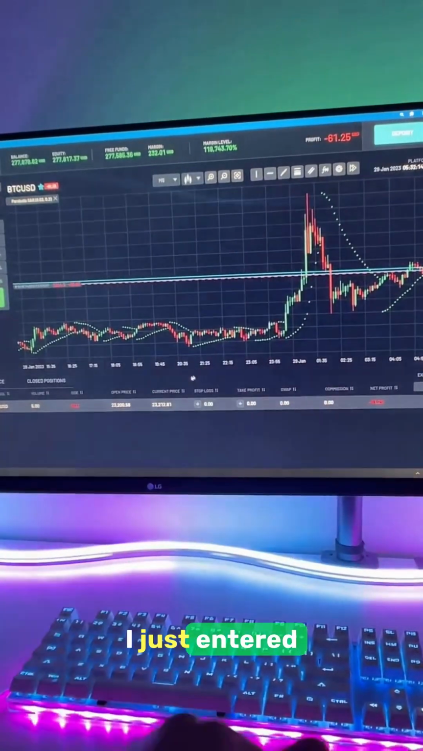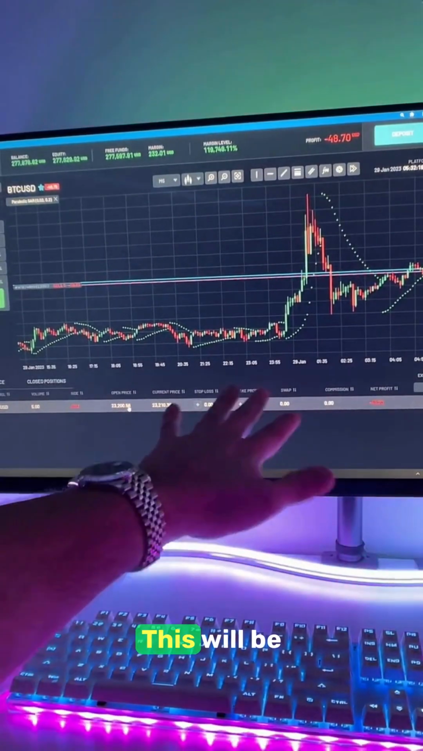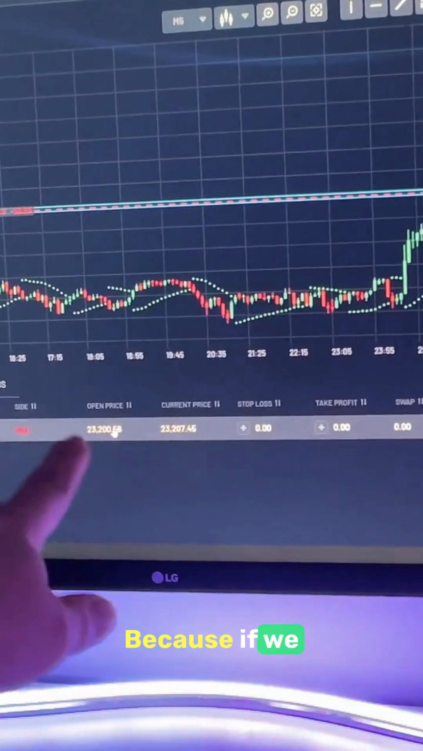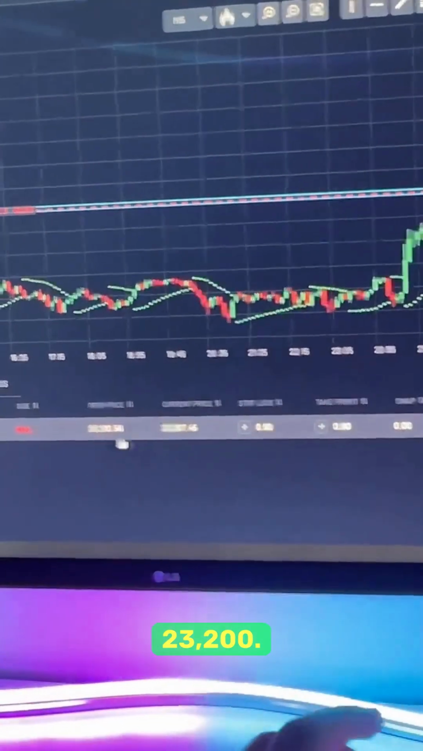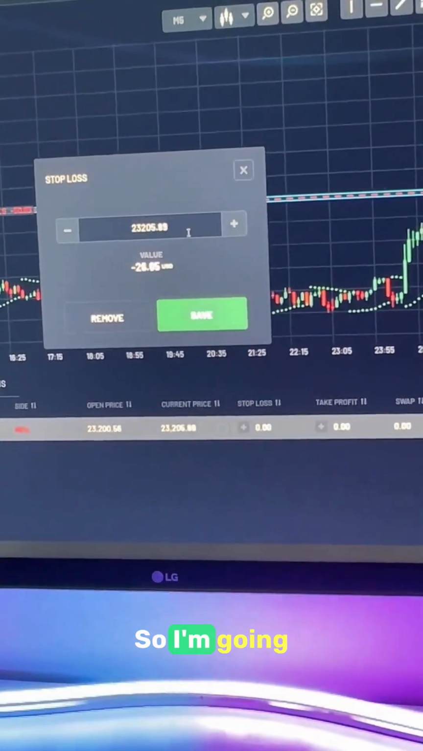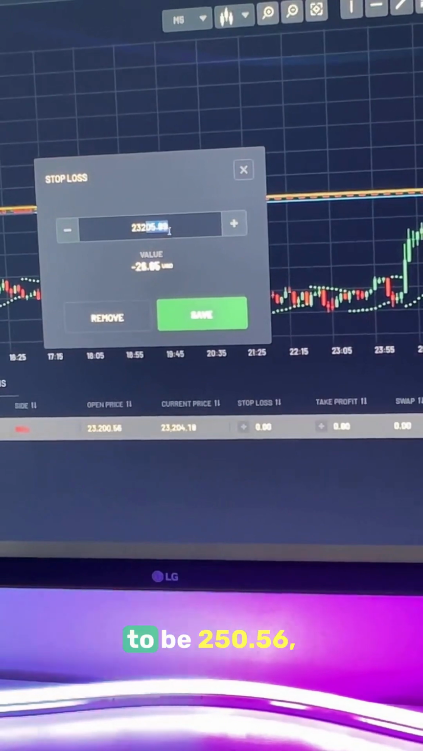All right, so I just entered this trade here. I'm going to set my stop loss. This will be very, very easy to set, and I'll show you guys why. Because if we look at our open price, it's 23,200. I'm going to set my stop loss because we're in a short position. So I'm going to set it 50 points above for our stop loss. So that's going to be